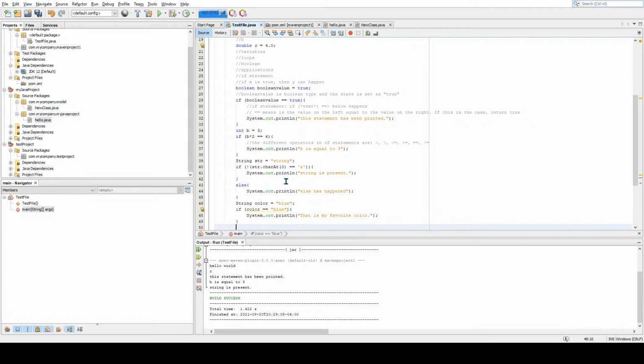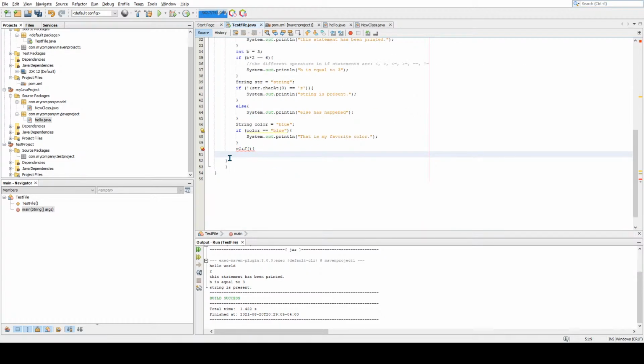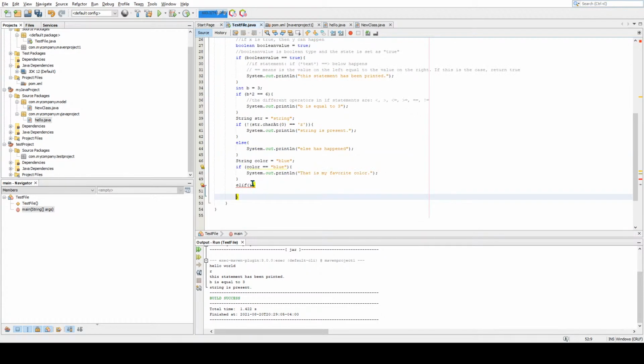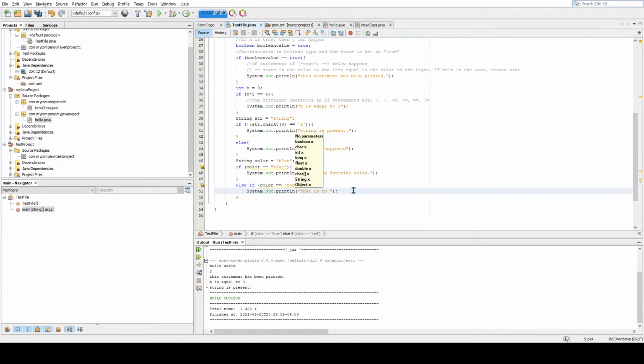Just like that. And now we can delve into the topic of else if. This indentation is getting real weird. And else if, oops, it should be else if. Else if is like, say, in the example, if color is equal to red, then you can say that is my second favorite color,